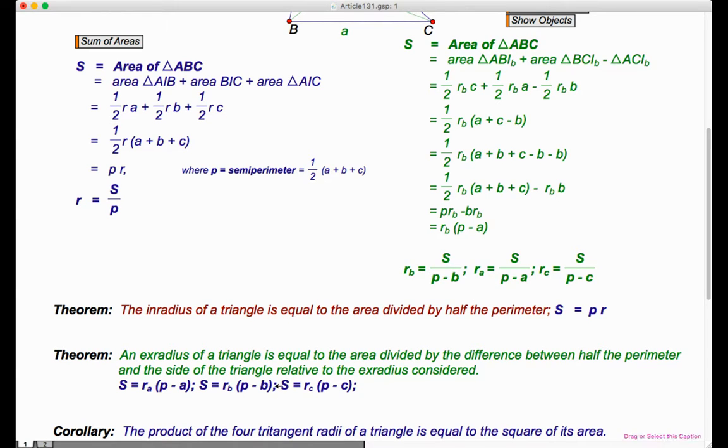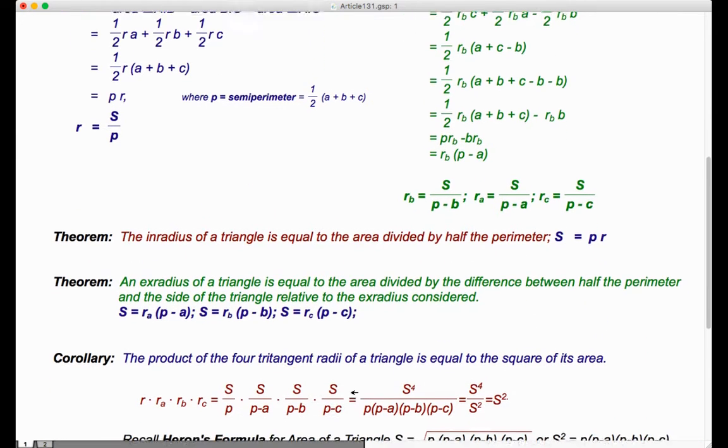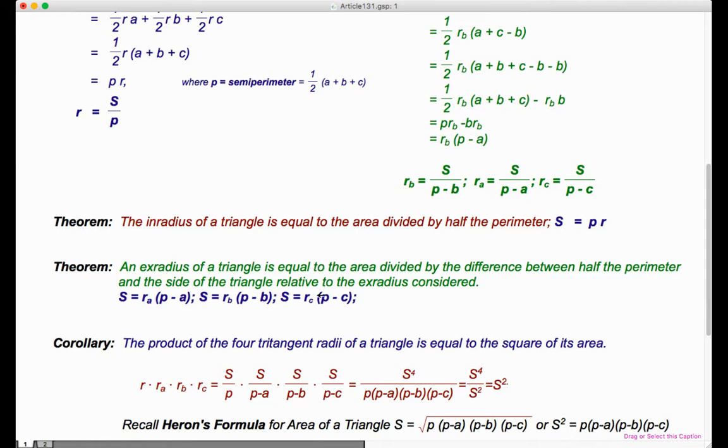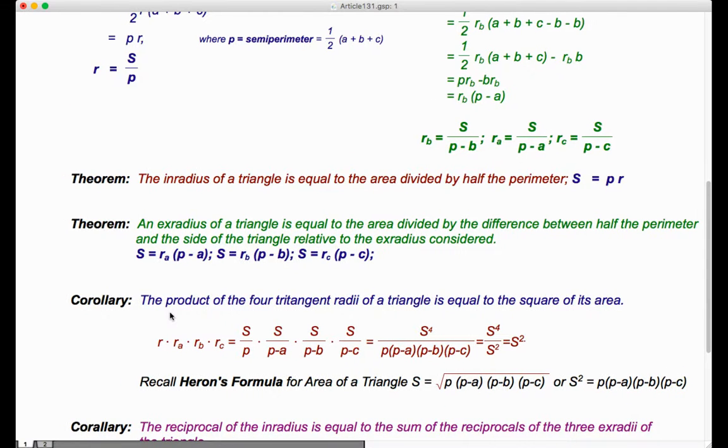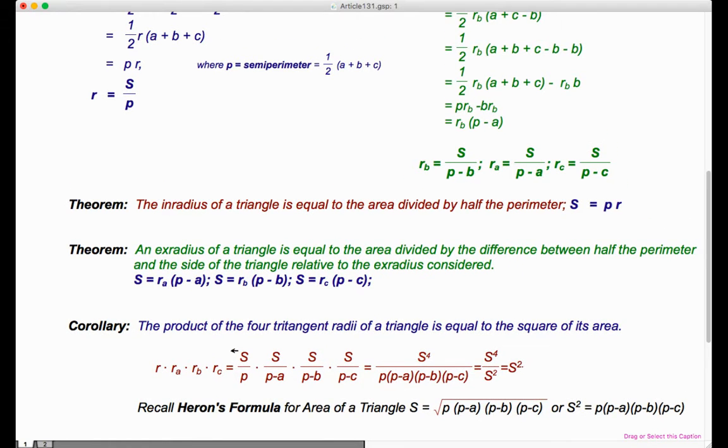That's this one. And area also can be expressed as the product of r sub a times p minus a. And finally, S is equal to r sub c times p minus c. As a corollary to this, if I find the product of all 4 radii, r sub a times r sub b times r sub c, then we have,